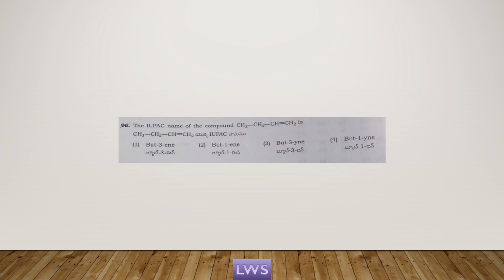They have given a structure here and ask for the IUPAC name. You can see there are totally 4 carbons, with a methyl group. But is the word root, and in numbering, this is the first carbon that has a double bond. Double bond means ene structure. So but-1-ene. This is your answer. So option 2 is your answer.